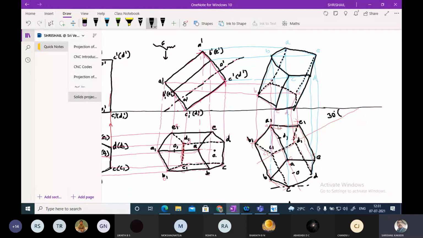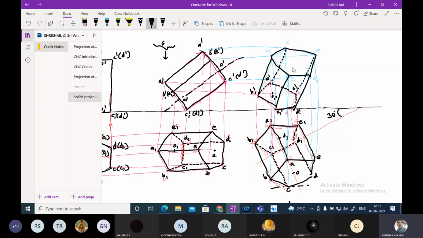And see here, O and O. It will be somewhere here. Okay, O, and it is the bottom portion. It is A1 dash, B1 dash, C1 dash, D1 dash, E1 dash, and it is O1 dash.